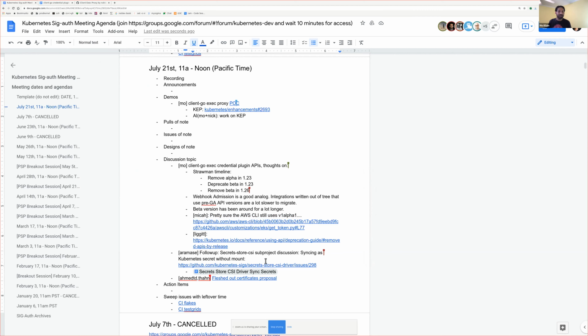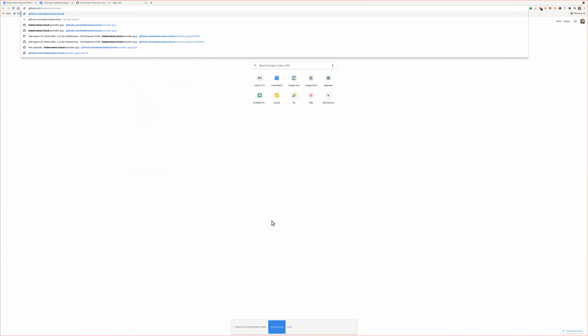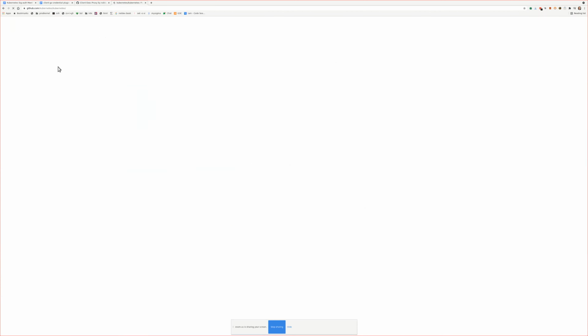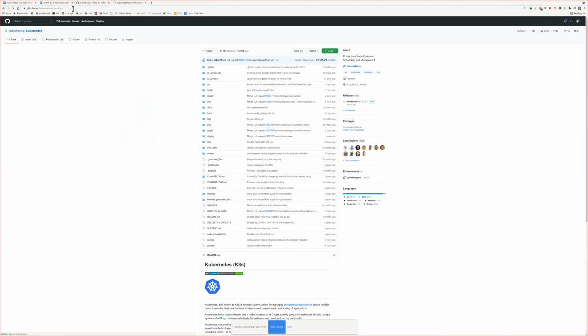This is why I wasn't sure what the timeline should be, because you, as the provider of the kube config that will have a hard-coded version in it, need to make the decision for what hard-coded version should be in there. Even if your plugin can speak all 3 versions, you still have to pick, which is not great. Yeah, so enumerating what the delta is and what the costs of leaving the V1 beta 1